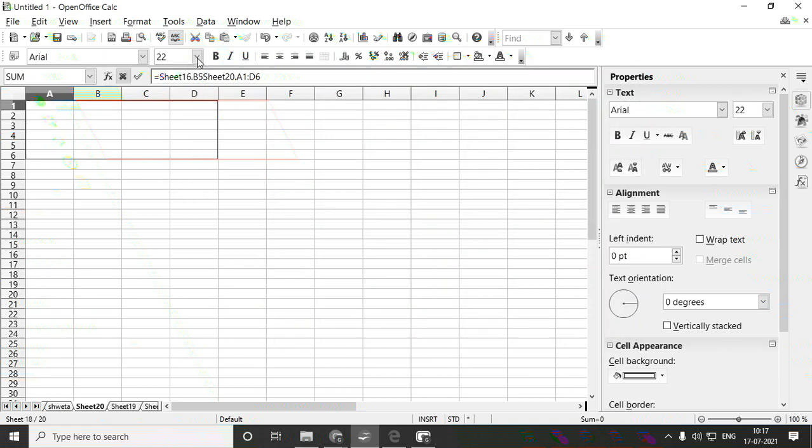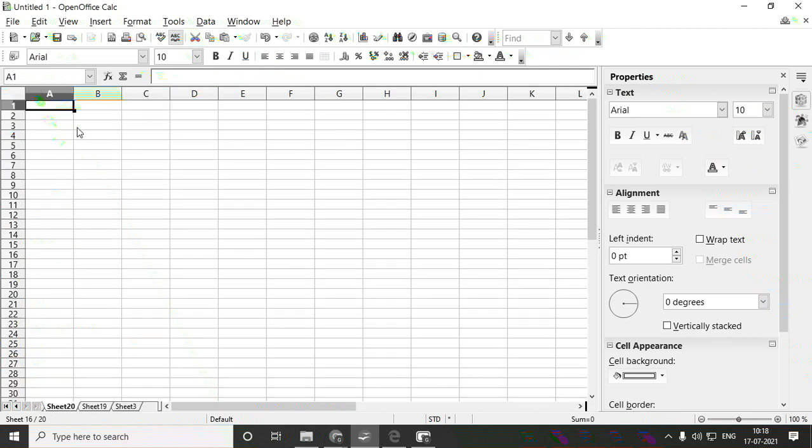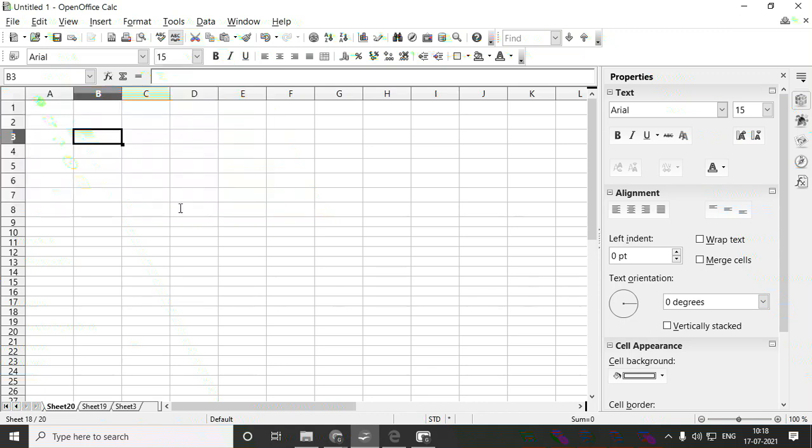Here the accept button is already on, so it is not showing. Okay, I'll disable that. Then I'll take one sheet, and here I'll write 200.